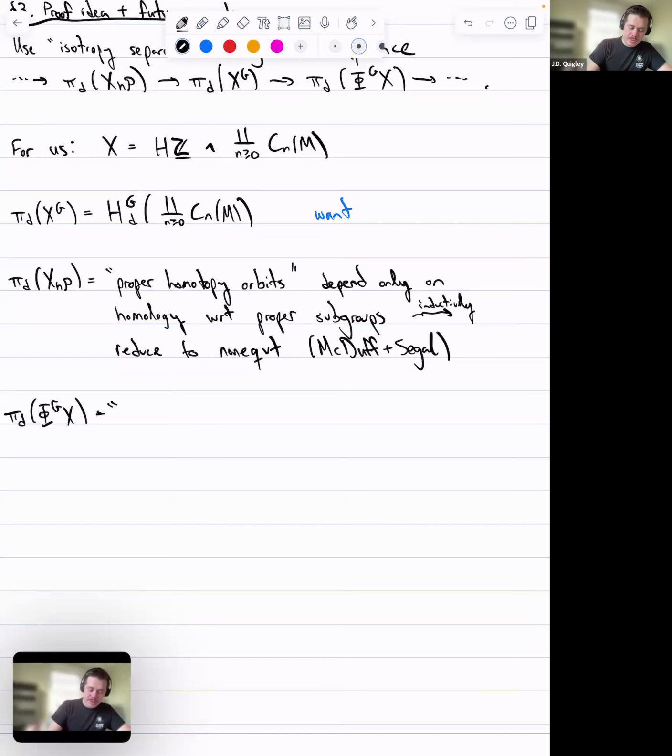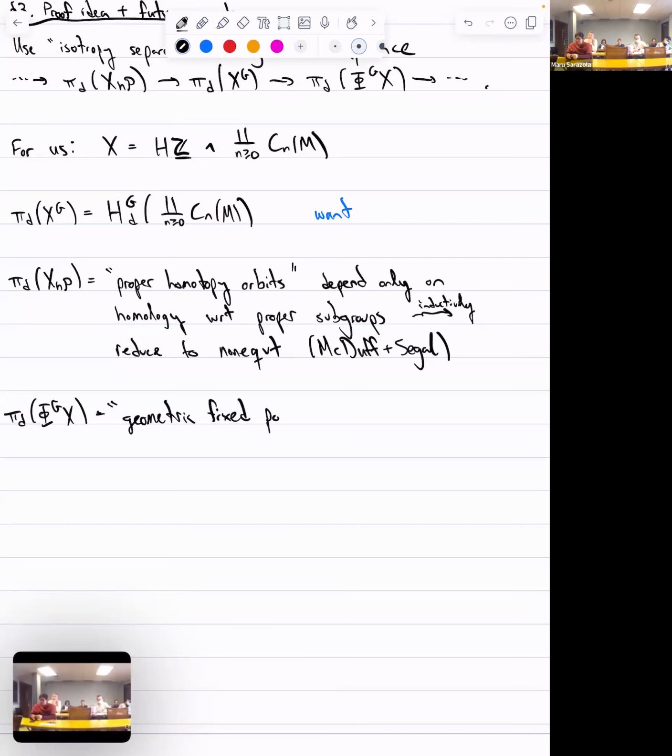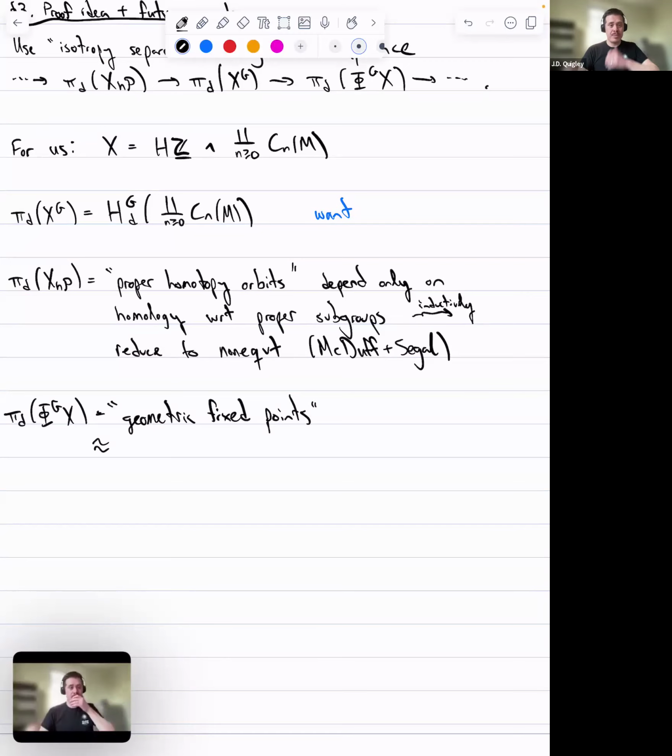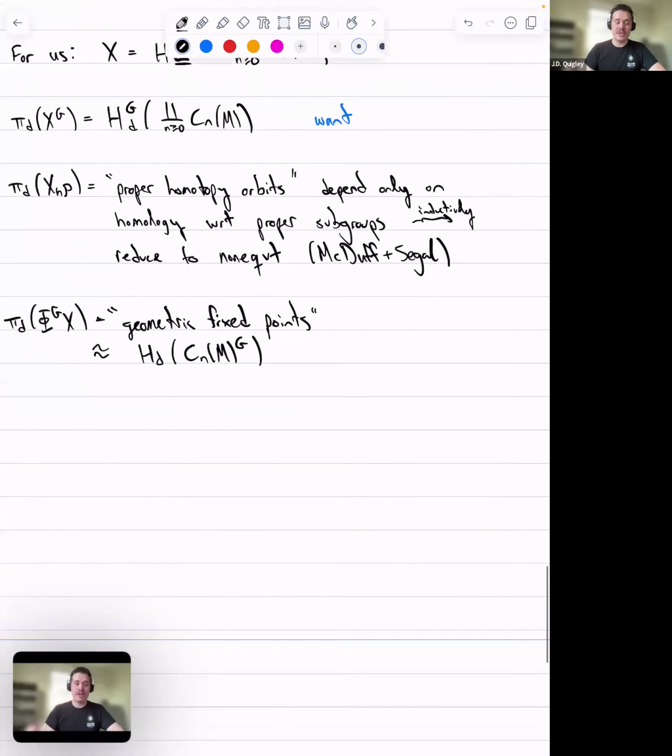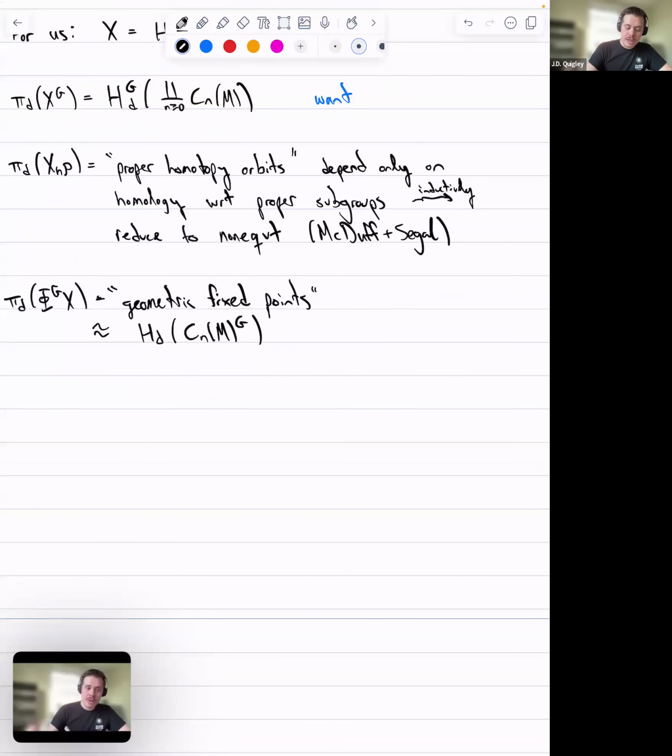In our case, so let me write that out. In our case, these geometric fixed points end up being some huge sum of homologies of suspensions of the fixed points of our configuration spaces as n varies. So I'm just saying this is sort of the key component that you need to understand these geometric fixed points. And the theorem, which I'm going to be really blasé about,